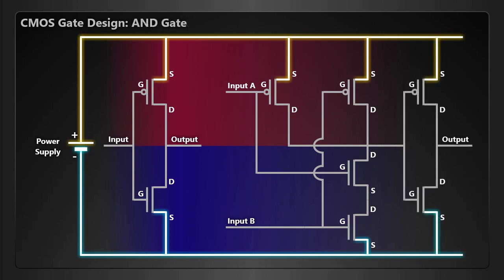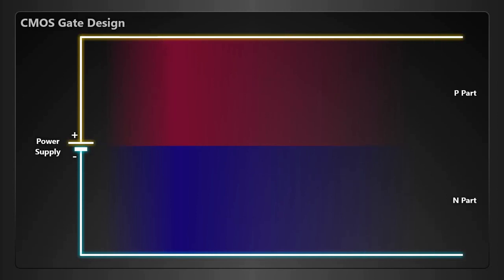Contrary to what one would expect, the native gate for CMOS is a NAND one and not an AND one. If we wanted to create a 3-input AND gate instead of a 2-input one that we have here, we would just put 3 N MOSFETs in series in the N part and 3 P MOSFETs in parallel in the P part. As a matter of fact, you can extend your AND gate this way to as many inputs as you like. Let's create a 2-input OR gate now.